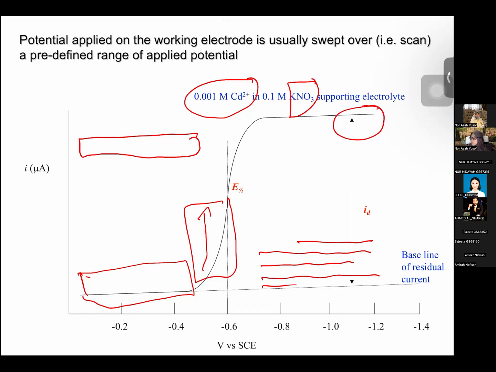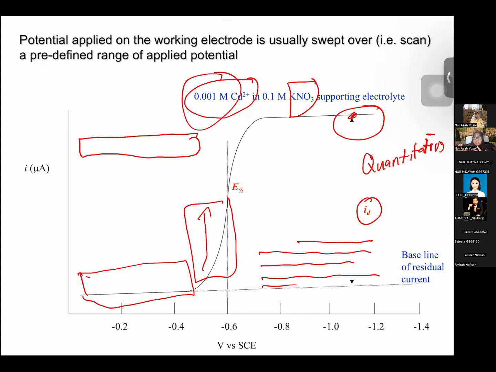One is quantitative. If you achieve this limit, you will get the value of ID, and then put it in the equation so you can calculate how much cadmium is there. In this case we already knew the cadmium, but if it is X molar, for example, then you can calculate